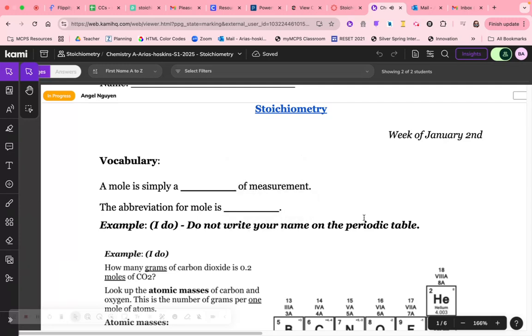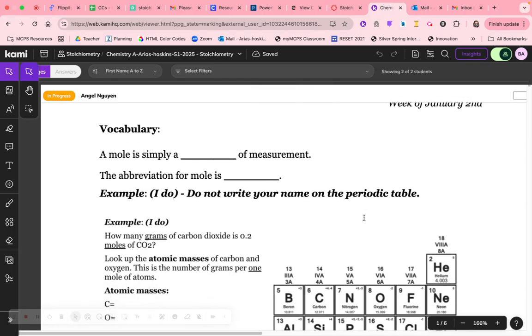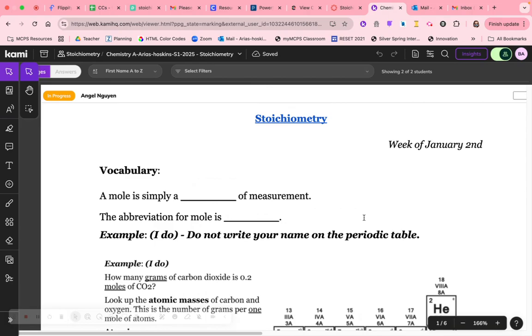All right, guys, again, look at your paper. What I want you to write in here: a mole is simply a unit of measurement. Unit as in U-N-I-T. The abbreviation for mole is MOL. Mole, MOL. Okay, so the fact that you're studying stoichiometry is basically just another way for you to understand